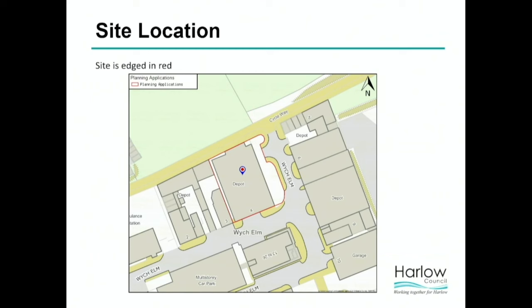So number 4 Wych Elm is located at the northern edge of Wych Elm, which is also within Harlow Town Centre. The site is approximately 0.1 hectares. The site is bound by a cycleway to the north that runs parallel with the building. Number 3 to the west, which is in use as an office, in light industrial use to the south. And number 5 Wych Elm to the east, which has recently received a resolution to grant permission for an 11-storey